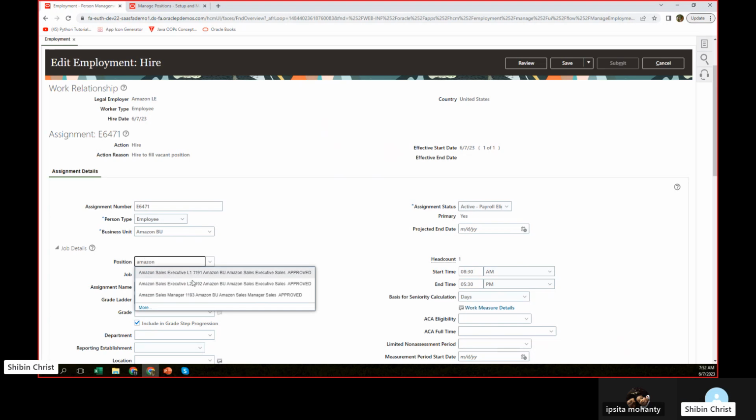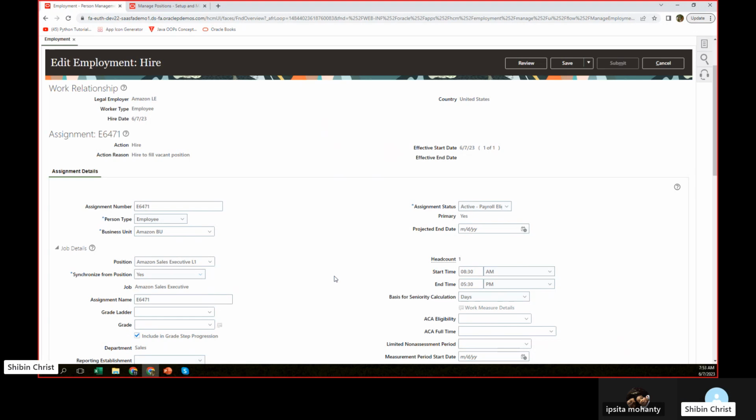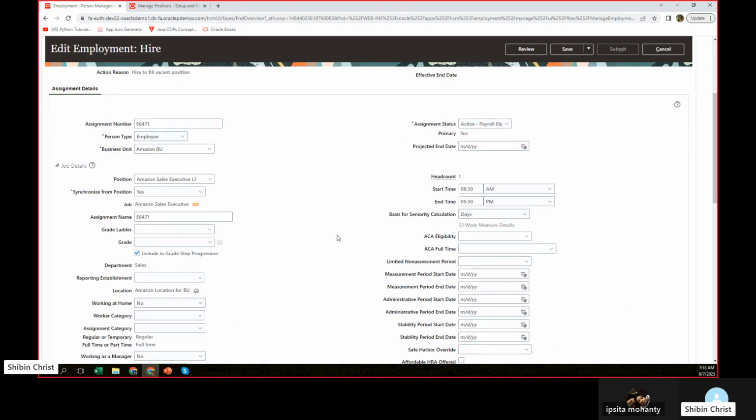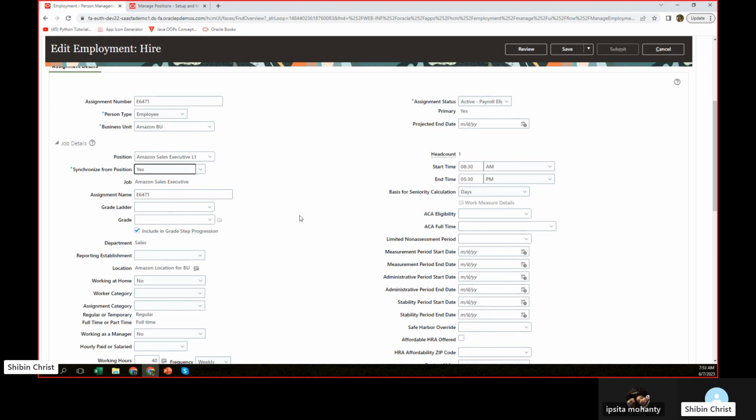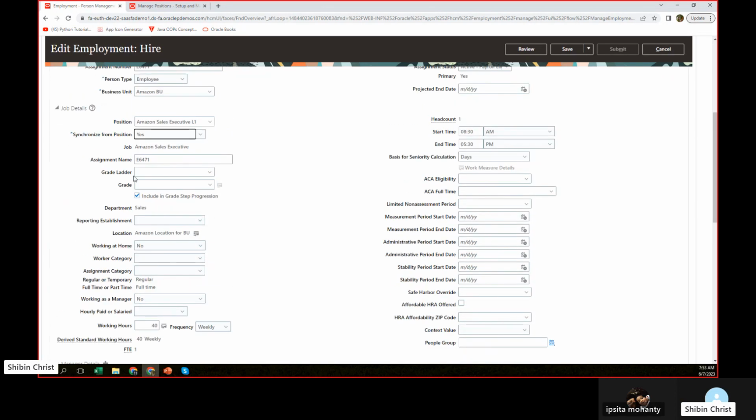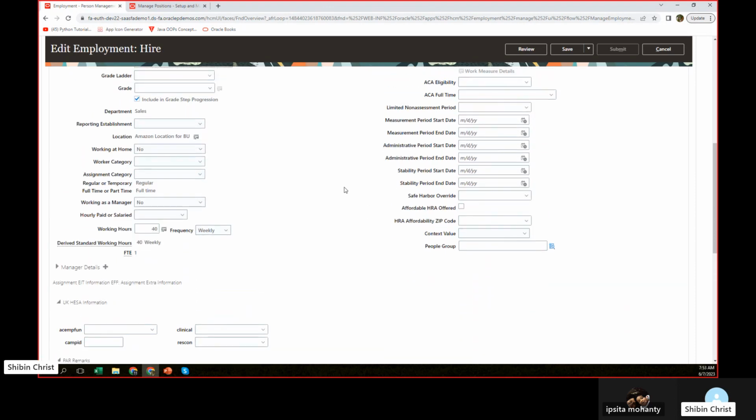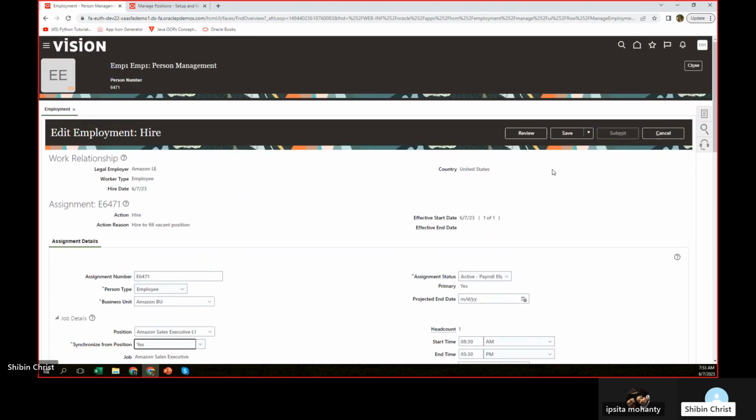So now that should be C3. So we are adding him in the first position. As soon as we select the position, all other details will be automatically updated. We haven't updated the grade or grade ladder because we did not create it for Amazon for this particular business unit. We haven't created anything for grade, grade ladder, location and so on. However, we have added the position, so we have created a position and added it for this employee. We can save it